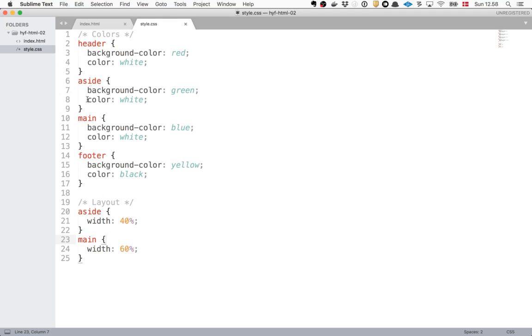See, that's because I want to use the top part of the file only for color assignments. So I know this is where I find my colors. And then I do the next section where I have my layouts, just to keep things grouped together, because I think it's easier to read like that. But I could easily put the width up in the side there. It's a matter of preference.